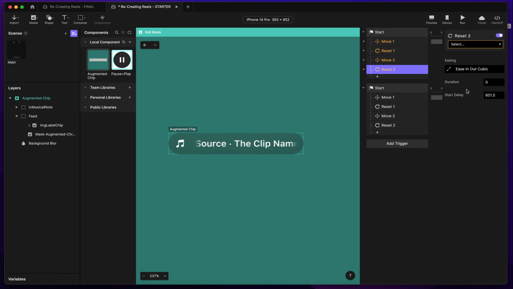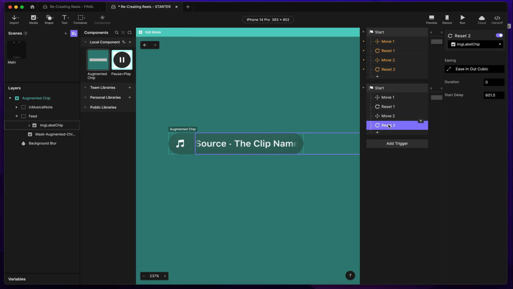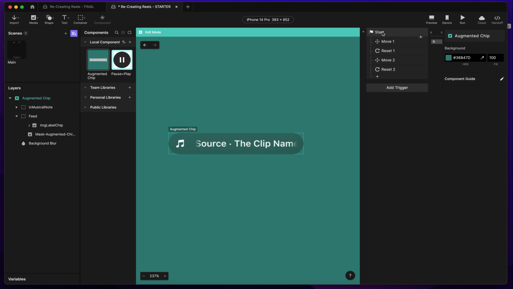And then reset 2 is at 601.5. If you feel comfortable, like you want to add another, move 3 and reset 3, have at it. But I am just resetting it just so it looks like it's going to start over. You technically don't even need this. Resetting is not doing anything here. Okay, so I'm going to delete that, and let's see if it works, because the start trigger is